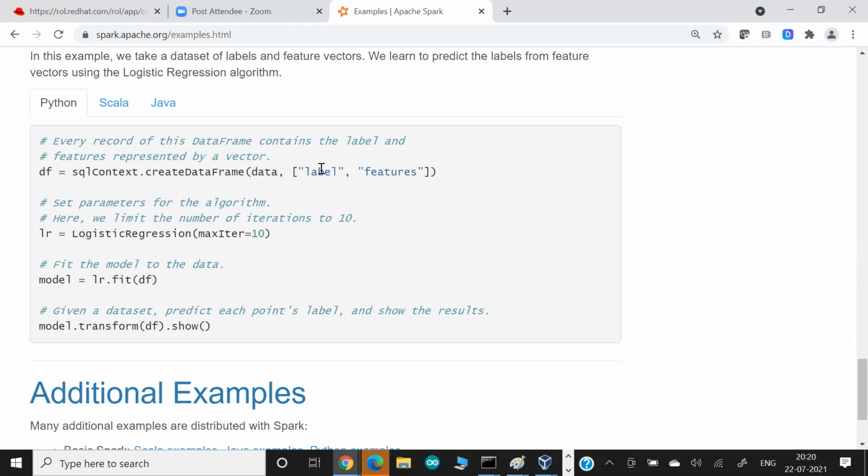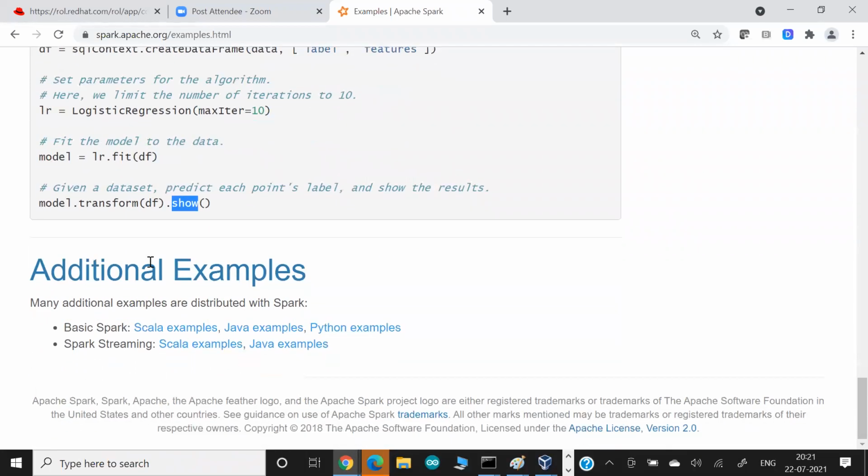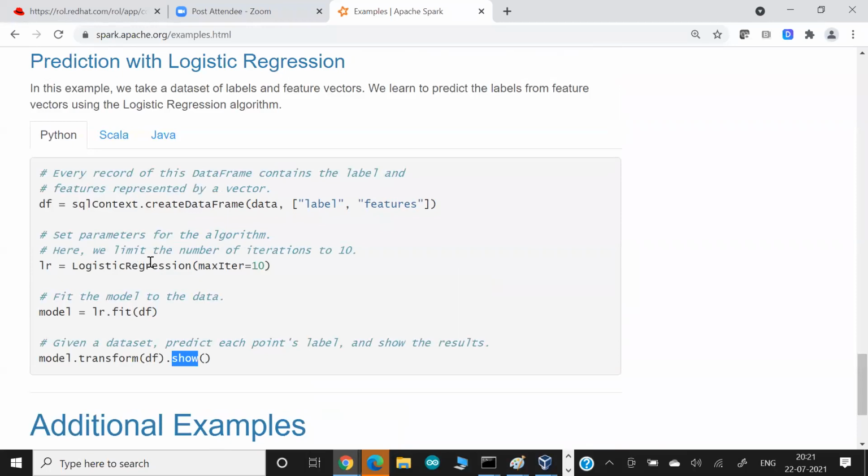Okay, so they put in some data, provide the labels and the features, create a data frame. A data frame is like a pandas data frame, something like this, and then apply logistic regression, fit the data, and show the prediction. So that is machine learning. You guys know Spark, Scala, Python. Just try to read this example and perform it by yourself, and create some more examples to build a model and prediction.